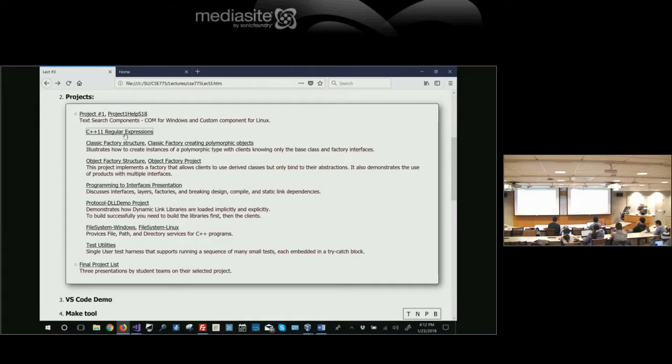So I want to start by looking at dynamic link libraries. I'm going to do this fairly quickly because it'll be a reminder for anybody who took OOD. But if I'm going a little too quickly, slow me down. Okay. So